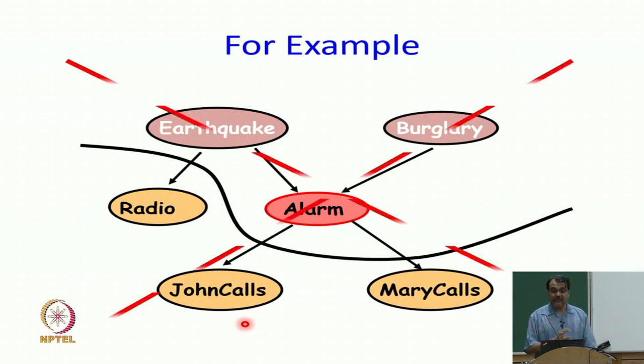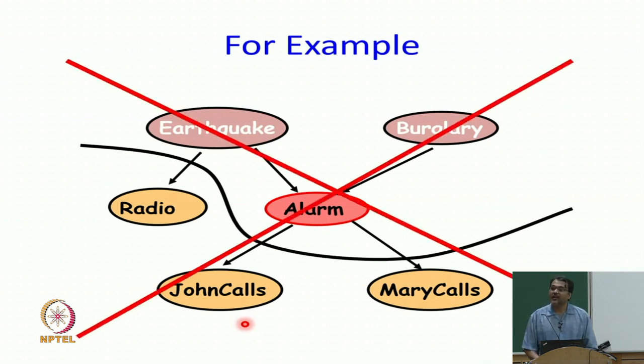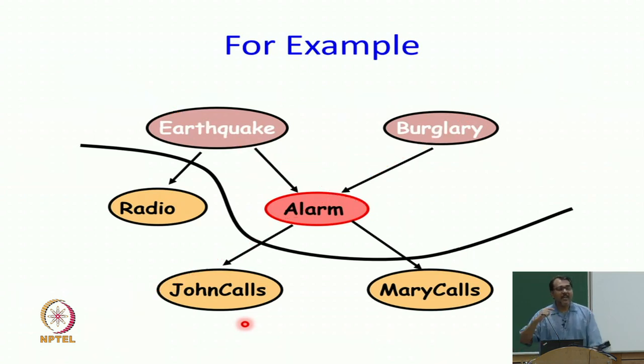So, first of all, the theorem says no, but intuitively you all said yes. So, let us think about this. The question you always have to ask is, by knowing this thing, do I additionally get information about the variable? I already know earthquake and burglary, I know their values. By additionally knowing the value of John calls, does that change my probability distribution about alarm? That question you have to answer.